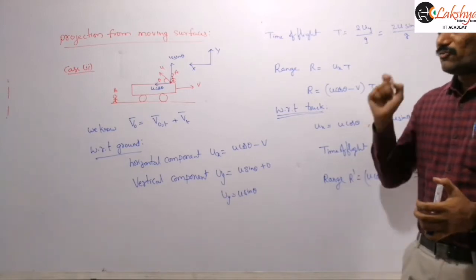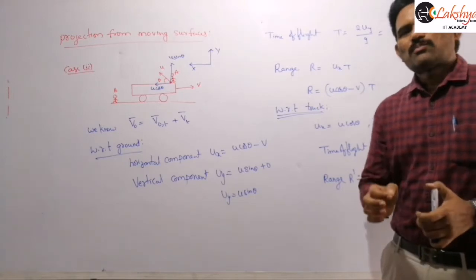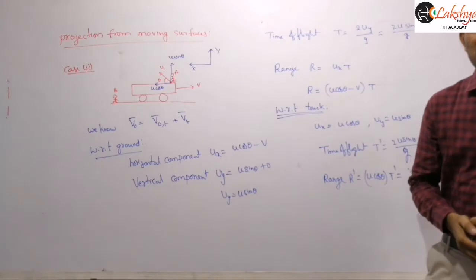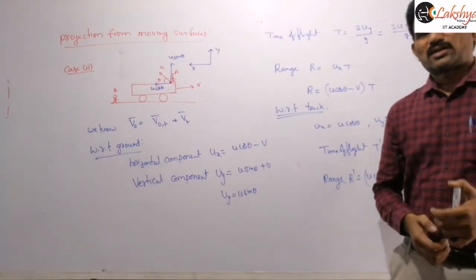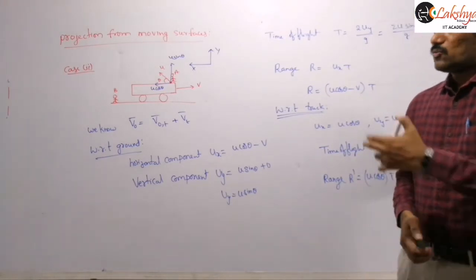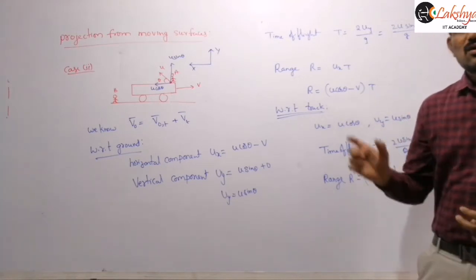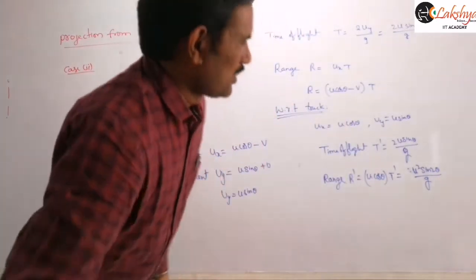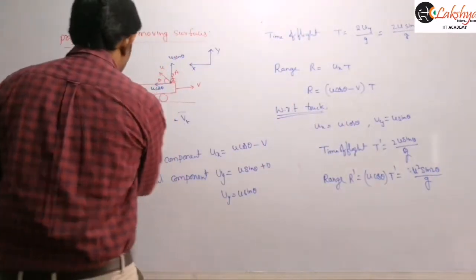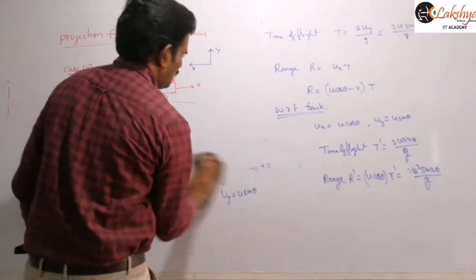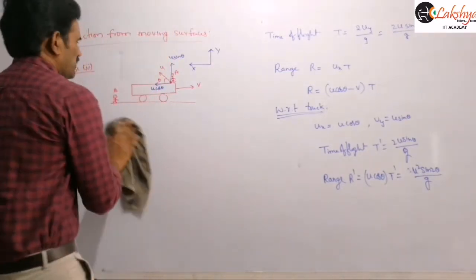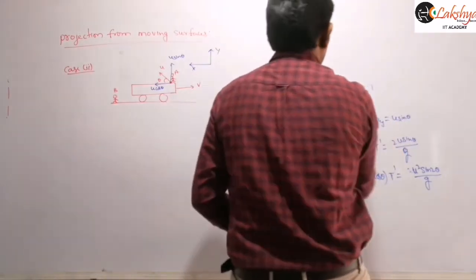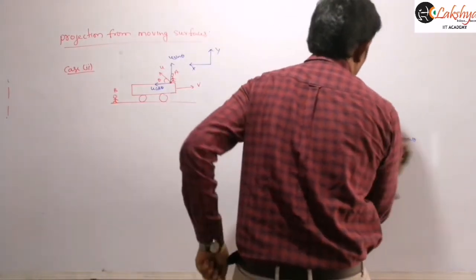And now similarly, here I am giving one case. Suppose with respect to the truck, the object appears to be traveling along a vertical line, vertically upward direction. Then what will be the relation between the velocity of the truck and the velocity of the object? So mention that point here as a note.